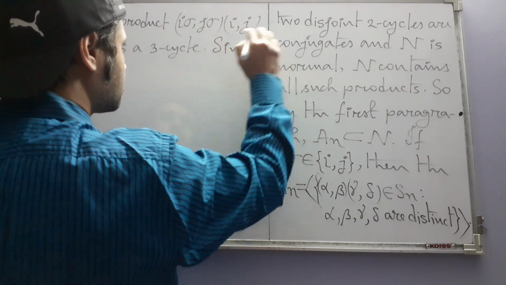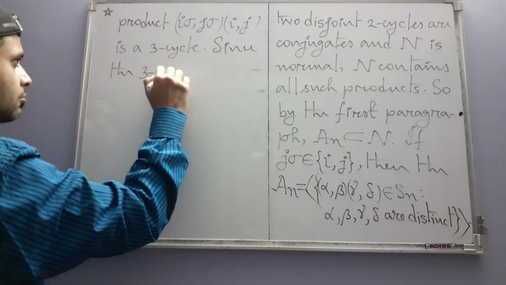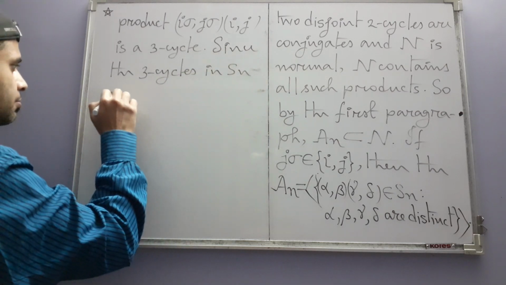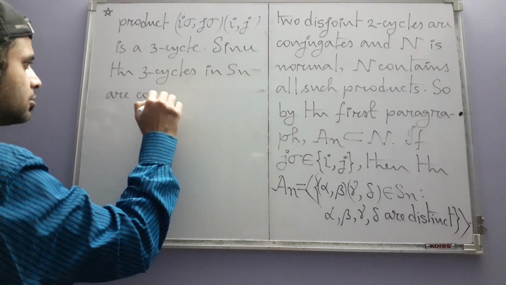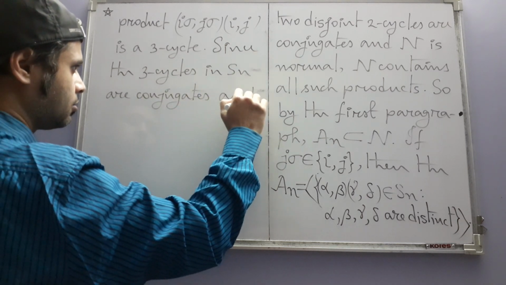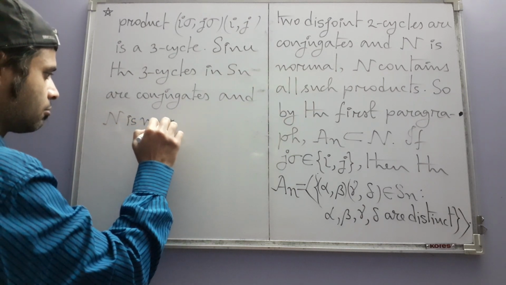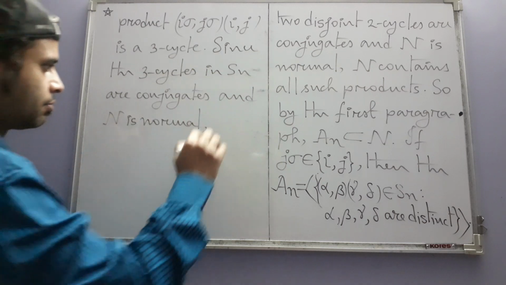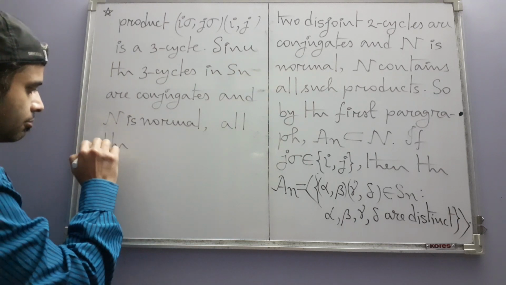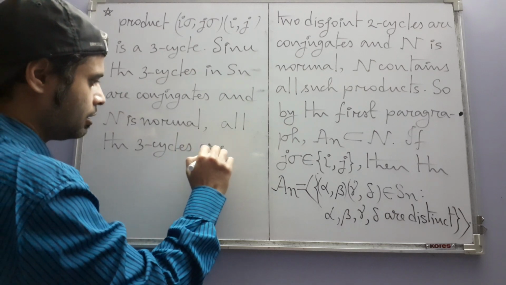Since the 3-cycles in S_n are conjugates and N is normal, all the 3-cycles are in N